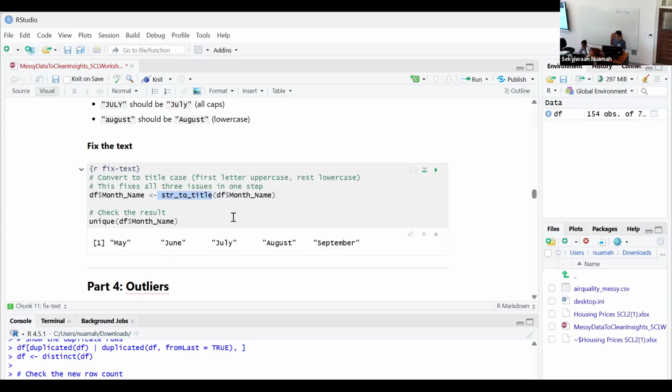is going to take all the words and put the first letter in capital and everything else in small letters. Okay, so we're going to take df and the month name. So that's what I said the $ sign does. So df$month_name, we're going to convert all the month names from the df with string to title. Okay, and we're going to store them in month name. Okay, and unique(df$month_name) is now going to show you all the unique values for the month name from the df dataset. Okay,